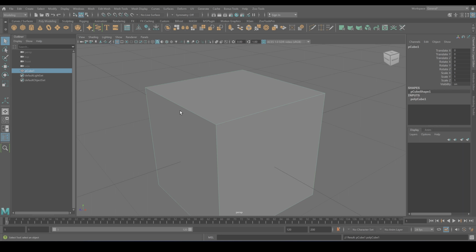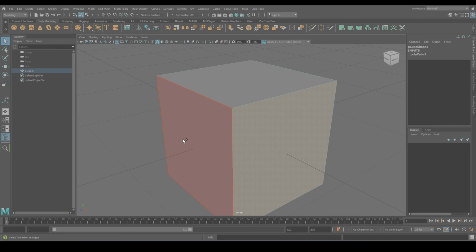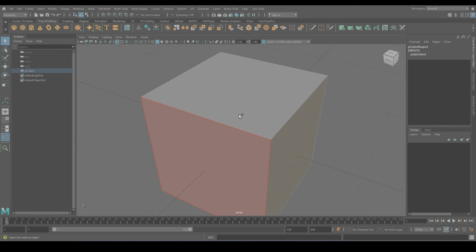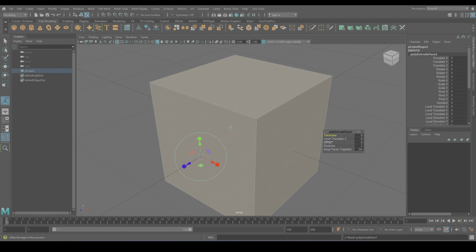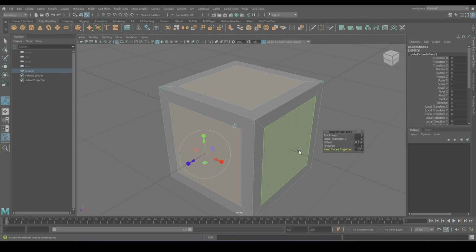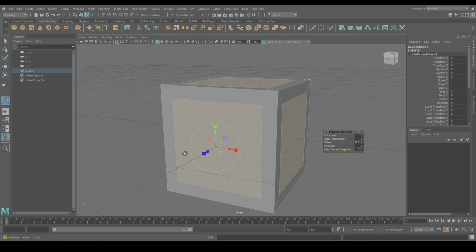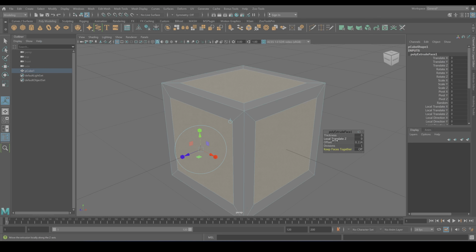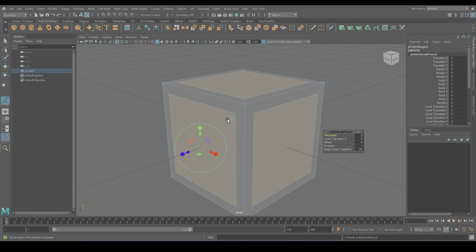So at the moment this cube looks pretty simple, right? But watch how we can add just a bit more complexity. So let me just select a couple of faces using the extrude tool, creating an offset, and ensure that keep faces together is off. So that allows me to use this function here for each and every face individually. I'm just creating a bit less of an offset, using the extrude again, pushing the thickness inwards a bit,